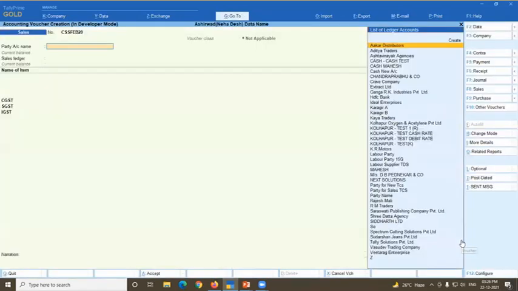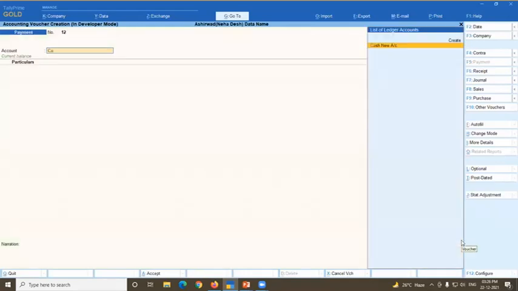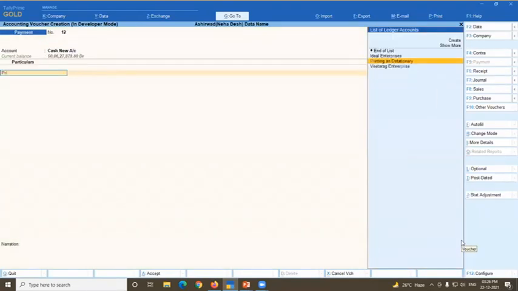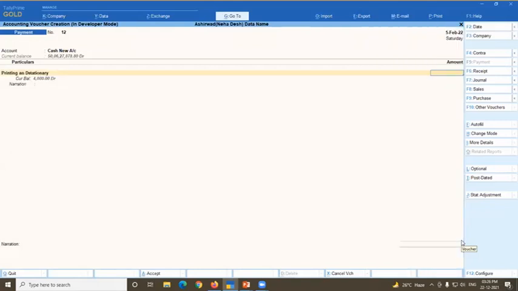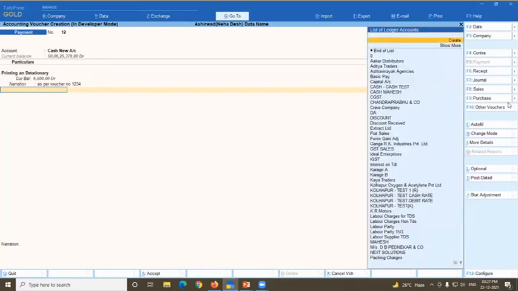Now I am going to pass an entry here for payment, taking cash. Let's take an example of printing and stationery or whatever. 2,500. See here, the separate narration is asked. So I'm putting here as per voucher number 1234. Again, it is asking for additional ledgers. So I can click here for any other expenditures.